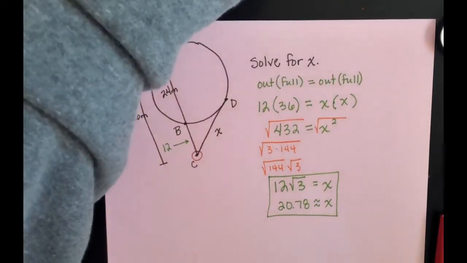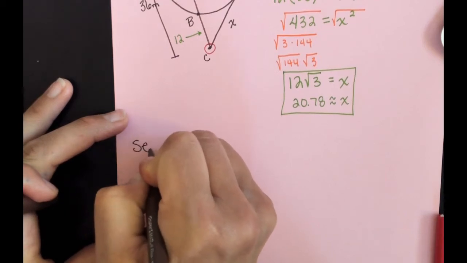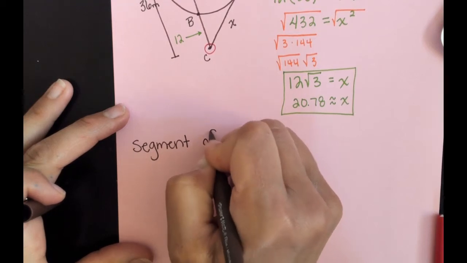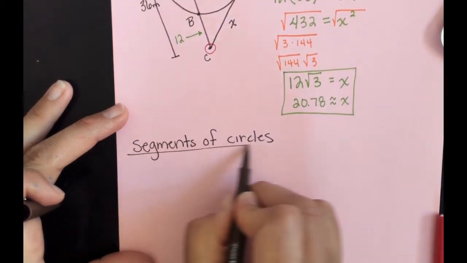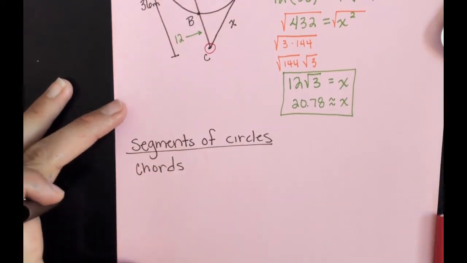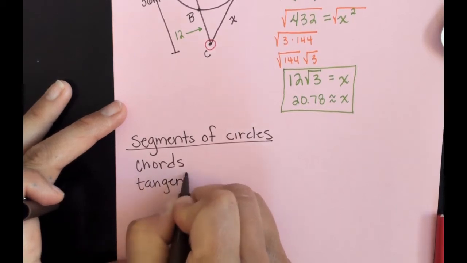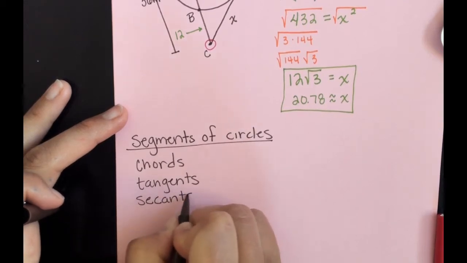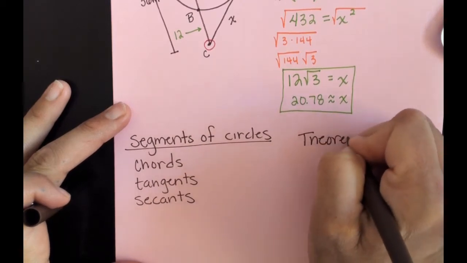So just to sum this up, segments of circles, we had chords. Don't forget a diameter is a chord. We had tangents, and we have secants. The theorems that go with them